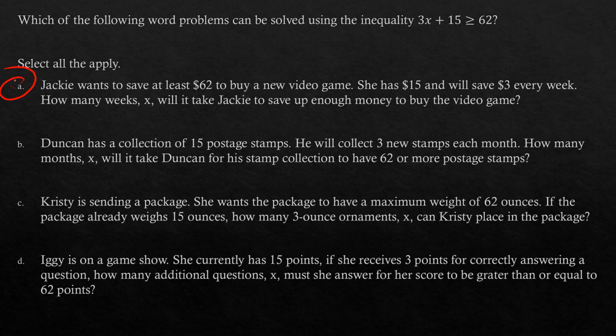So A works here. Jackie wants to save at least $62 to buy a new video game. She has 15 and will save $3 every week. Perfect. B, for Duncan, this one will also work, because it says Duncan has 15 postage stamps and he's going to collect 3 each month. We want to know how many months he has to save up to 62. That one works. Christy,